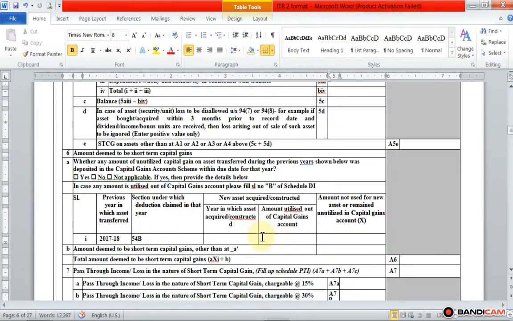Then the next point is A: whether any amount of unrealized capital gain on asset transferred during the previous year shown below was deposited in the capital gain account scheme within the due date for that year. If it is applicable, then we tick yes, otherwise no or not applicable. If yes, then provide the details given below. If given, then we tick mark the appropriate box, that is yes. If we tick yes, then the assessee has to furnish the information relating to the